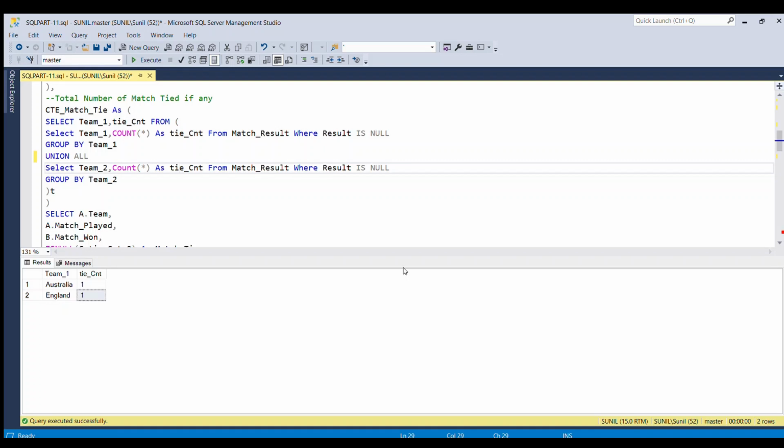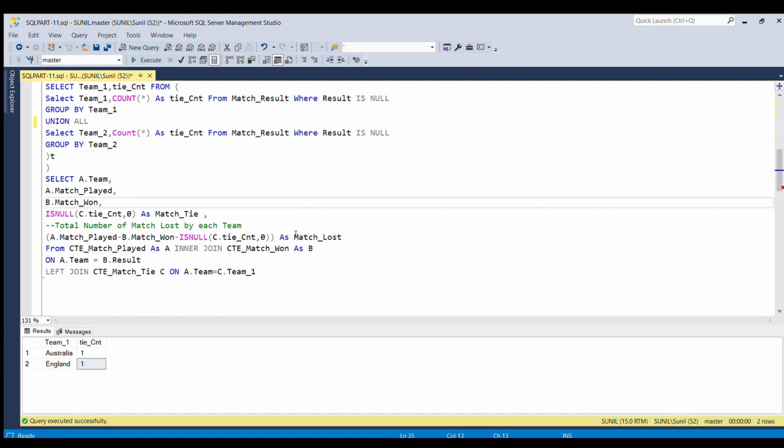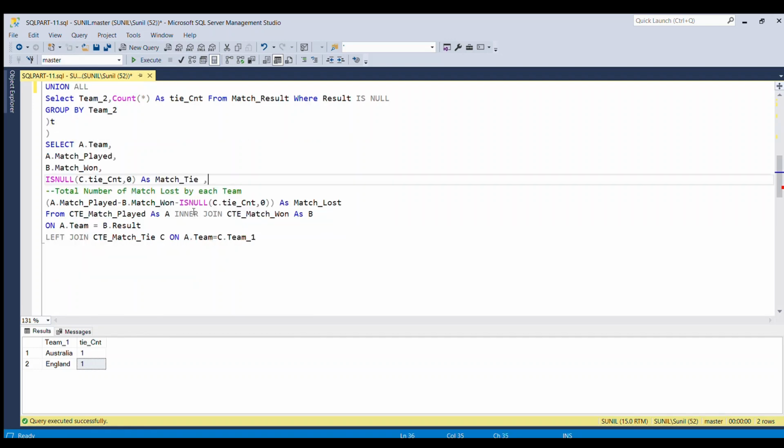Now what we will do, we have saved the result sets and we are going to do a join. So we have the CTEs. What we are doing, we are selecting team name, matches played, matches won, and I'm using an is null function for match tie. Wherever there is a null value, it will be replaced with 0 as match tie. And over here I'm doing the last question, the total number of matches lost by each team.